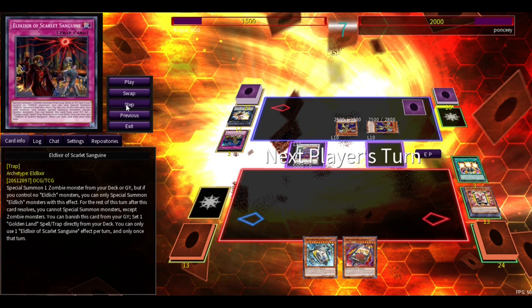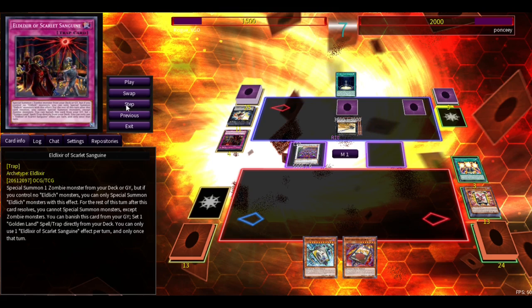So here, basically I'm praying because I know that if they activate anything, I have a negate with Light Flare, but I know that if they play Gustav, well, they can just burn me for game, right? And here they will activate Elixir of Scarlet Sanguine, set a conch, overlay into Gustav, and here I think, okay,